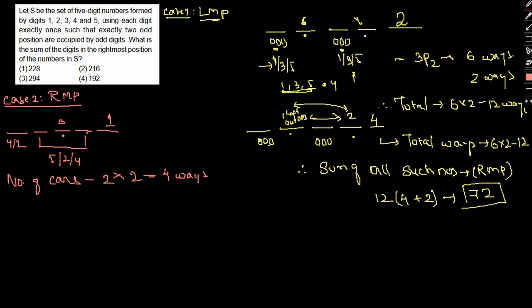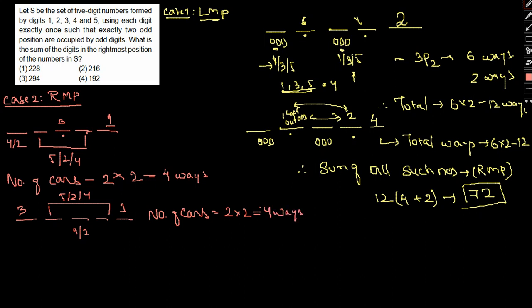Okay, and now let's take another condition. Say 1, 2, 3, 4, 5. I'm fixing 1 here, I'm fixing 3 over here as well in the odd positions. So these two positions can be either 5 or 2 or 4, anyone. So either no, not 5 or 2 or 4. 5 will be there, and 2 and 4, one of them will be there, and this position will be taken by either 2 or 4. Okay, so again in this regard, the number of cases would simply be 2 into 2, that is 4 ways.